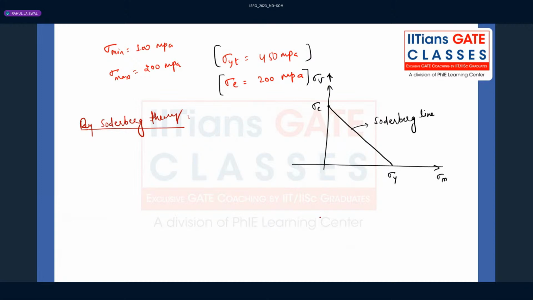Like we have theories of failure for static load, like Tresca and von Mises, similarly for dynamic load also we have different theories of failure. In fact, when the material is subjected to both mean load as well as variable load, because in this question, by this data, you can tell this material is subjected to both. Mean stress is what? 100 plus 200 divided by 2, 150 megapascal. What is the variable load, or amplitude of the stress? Maximum minus minimum by 2,